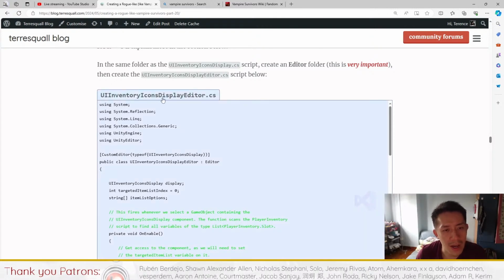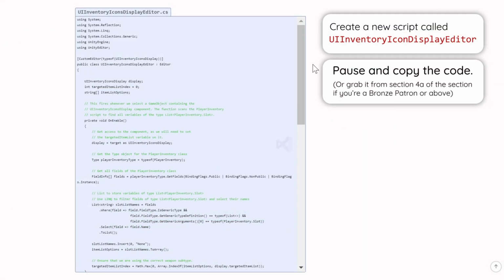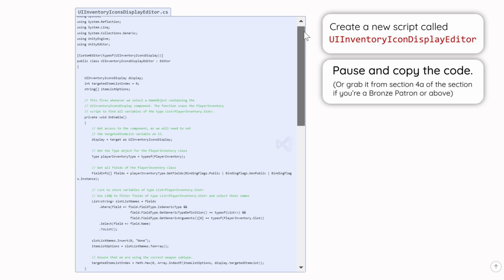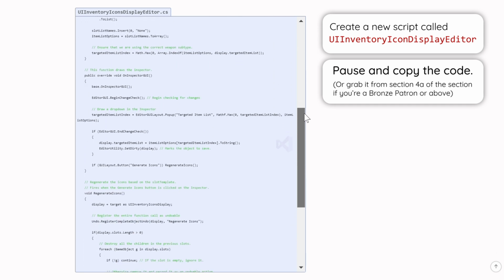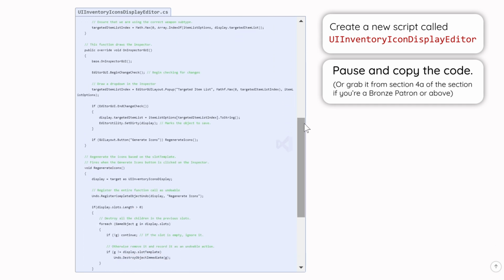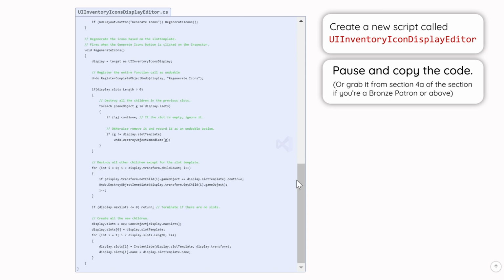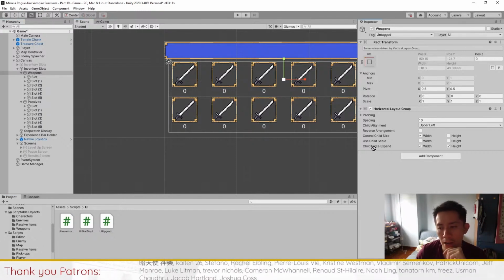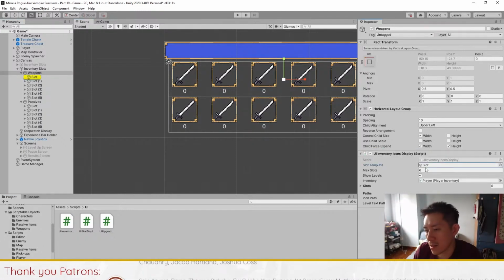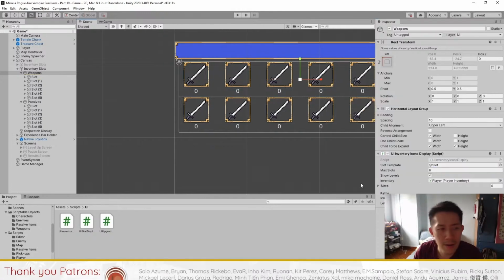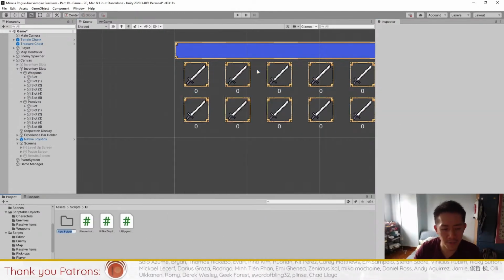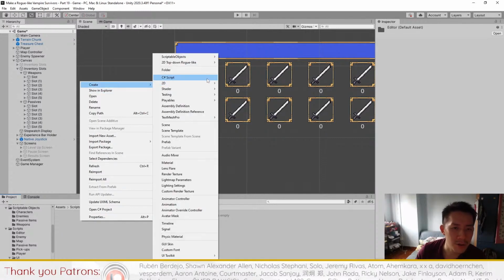This is the UIInventoryIconsDisplay editor. I'm going to attach the UIInventoryIcons component over here, and you will see that the inspector displays a certain way. But when I create a new folder here called editor, and I add the new script here,